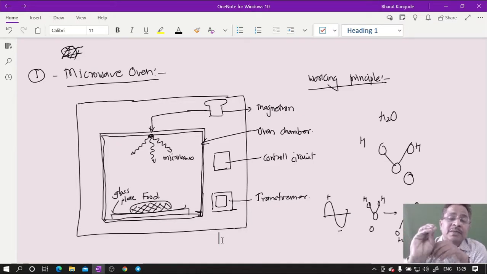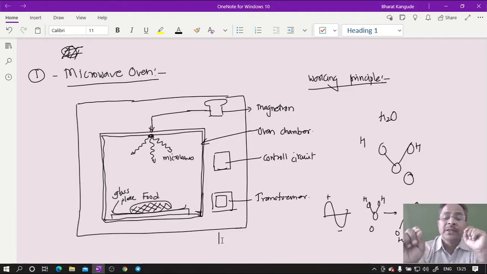Magnetron is an electrical assembly which converts electrical signals into microwaves of the electromagnetic spectrum, and these microwaves are guided. So there is a guide, a waveguide, etc. All these assemblies are not shown here. We are just interested in microwaves of a particular frequency. These are generated here in this metal cavity as shown, and this metal cavity reflects these waves, so they are not absorbed. These microwaves are only absorbed by food items which essentially contain water.